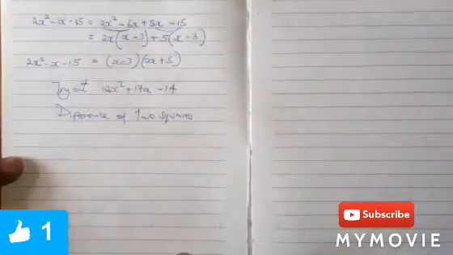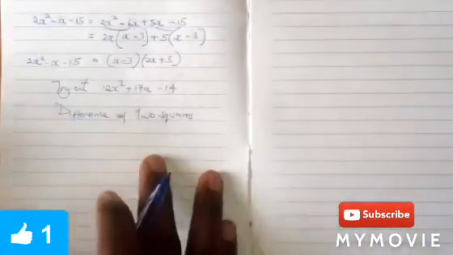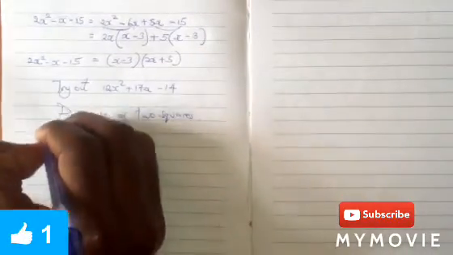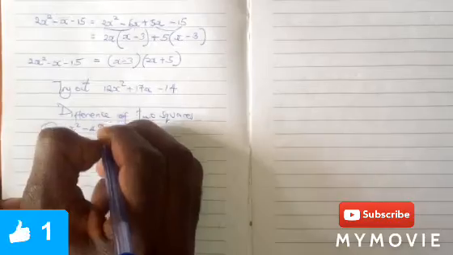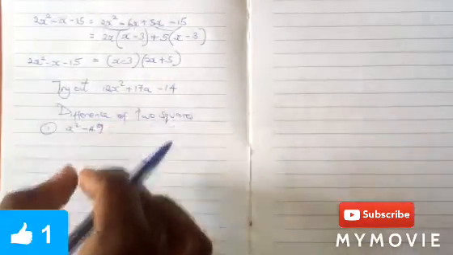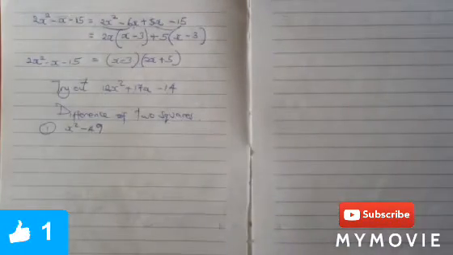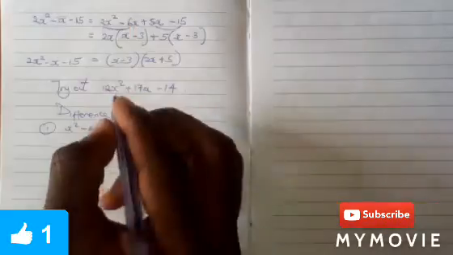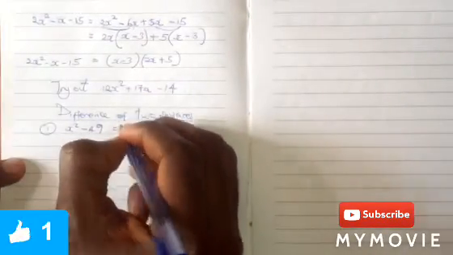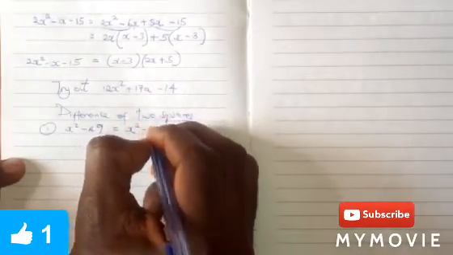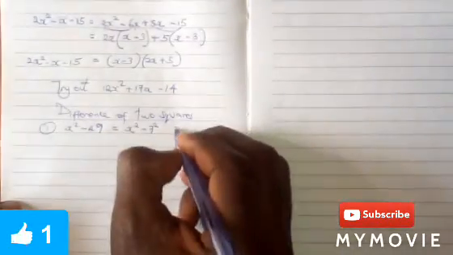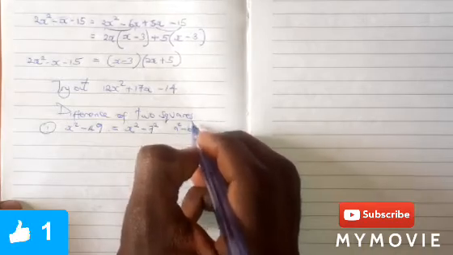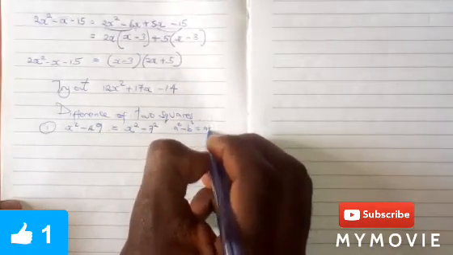So there we go, difference of two squares. Let's check those examples. Number 1, I can say it's x squared minus 49. You need to observe that 49 is a perfect square, which is brought by squaring 7. So 49 will be split, you will have 7 squared. And according to difference of two squares, when you have a squared minus b squared, it can be expressed in terms of a plus b